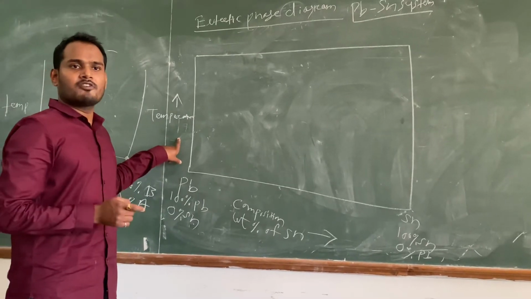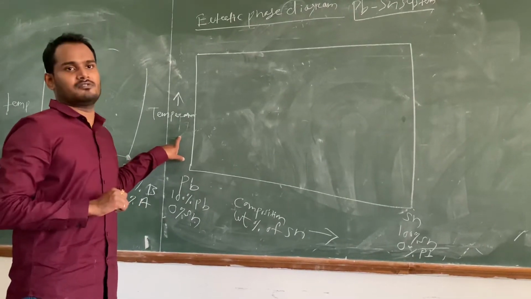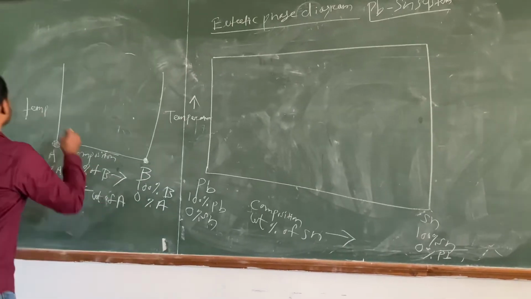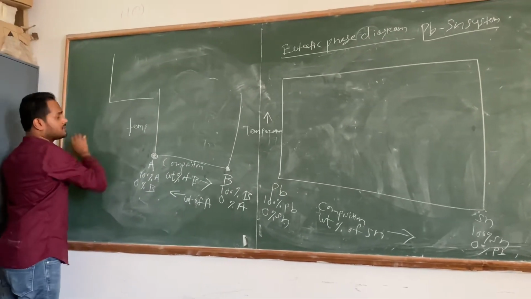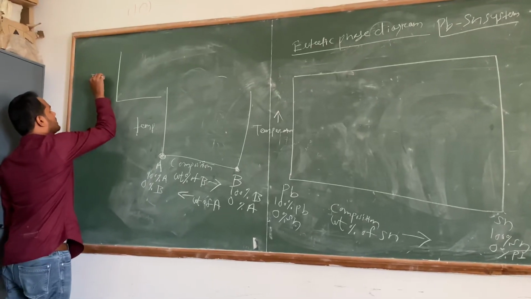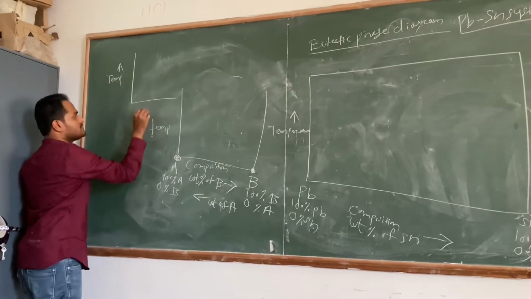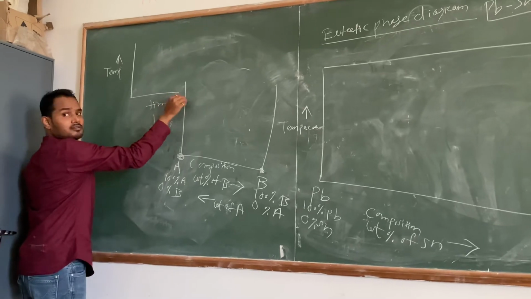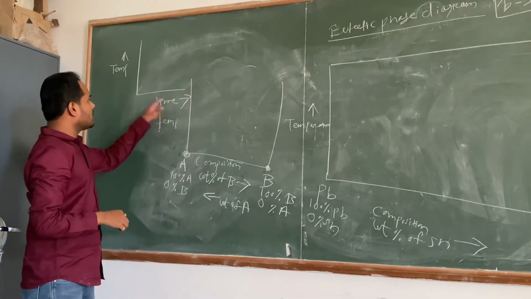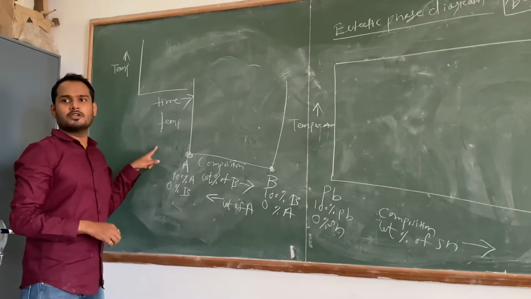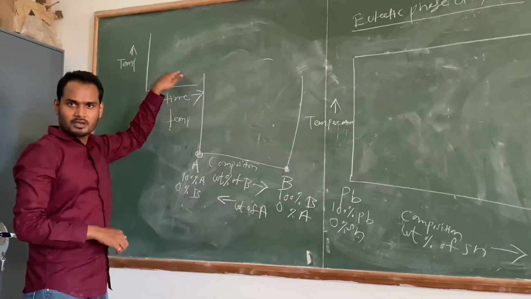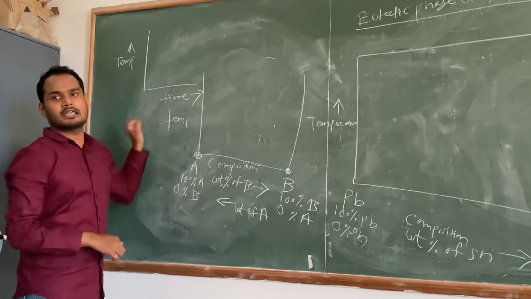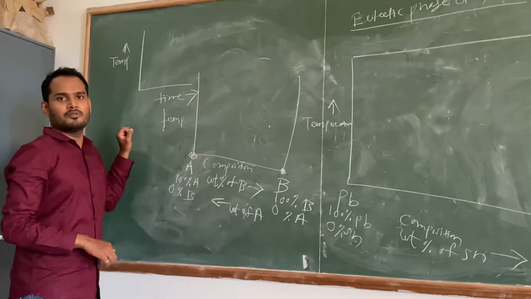We basically draw a phase diagram on the basis of cooling curves. Right? Cooling curve means what? It is a plot between temperature versus time. At what time is the material getting cooled? Suppose you start with liquid, then a solid is forming. How it is forming with the time period, that it will give you.